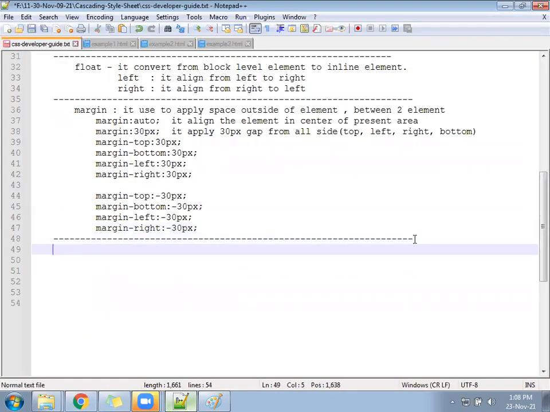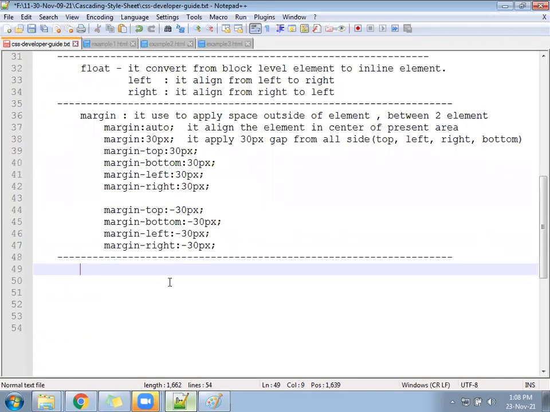Okay, then we'll go for the next example. Come to the developer guide, and write another property called padding. What will it do? It is against your margin.